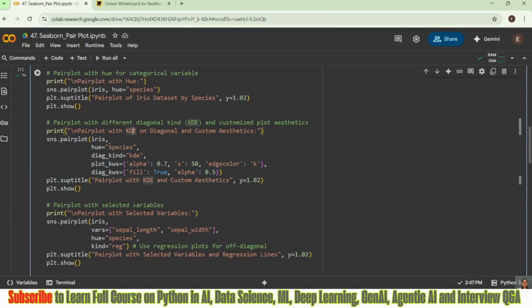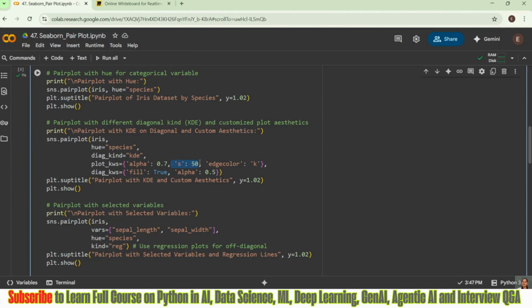So here again the same thing which we saw, we are customizing it a bit. What we are customizing, you will see. We are giving the iris dataset, then hue equal to species, diagonal kind KDE curve. I told you, it's going to come as KDE only. My bad, guys, by default it is going to be histogram. Here I am telling diagonal kind equal to KDE. Plot underscore kws: wherever the scatter is coming, I can define this plot_kws, that means marginally whatever I am going to get, I can define. My alpha equal to 0.7, s equal to 50.